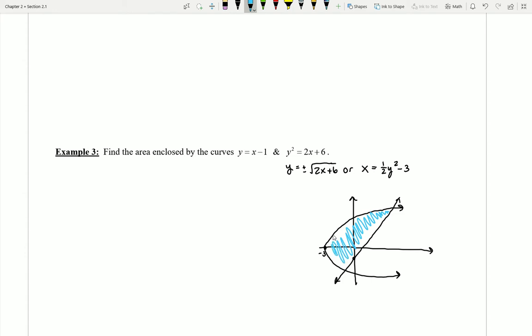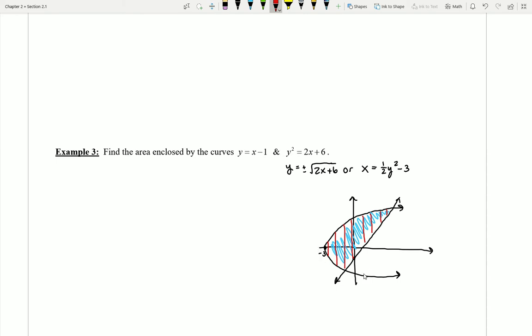And I'm going to start to think about how I would work with this region to find its area. Well, like we've done in the past several videos, I'll start by drawing in some different rectangles. And I'll notice something kind of interesting taking place here. First off, my rectangles are certainly not all the same length. They have different heights. But if I wanted to come up with a formula that would tell me those heights, I would need to determine what function's on top, which is my parabola function, but then what function's on